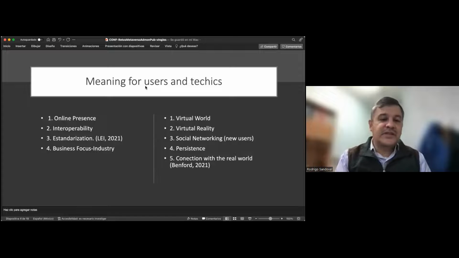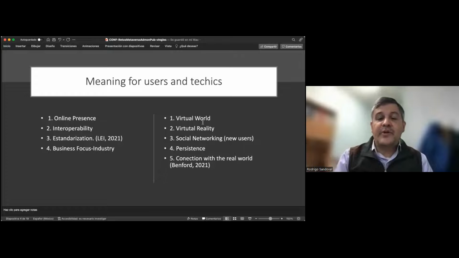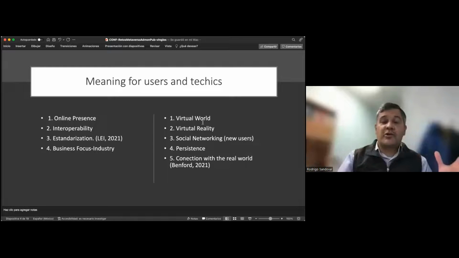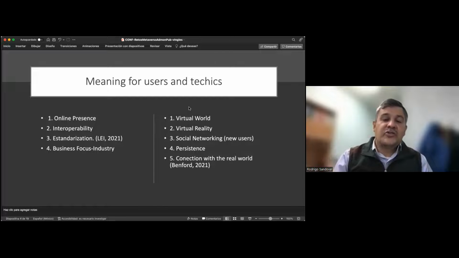And of course, this is a business-focused industry. I mean, everything is to try to make business, to try to make money. The other perspective is to build a virtual world as we imagine, a virtual reality in which we can understand life as living with others in other circumstances, with no time frames, no limits, no boundaries. And this allows us to increase our social networking,